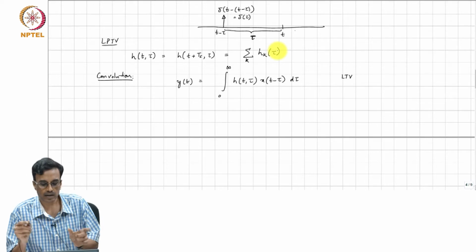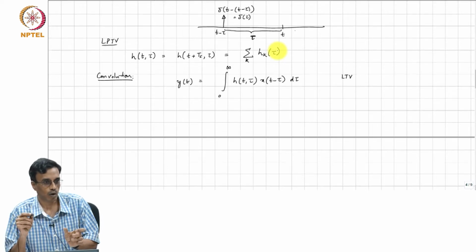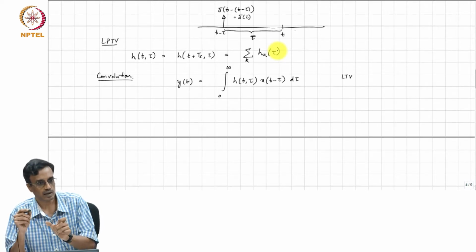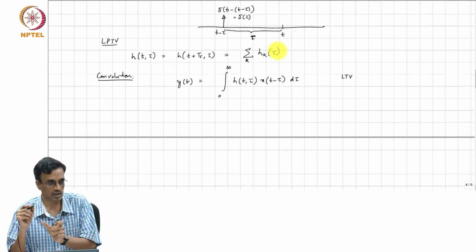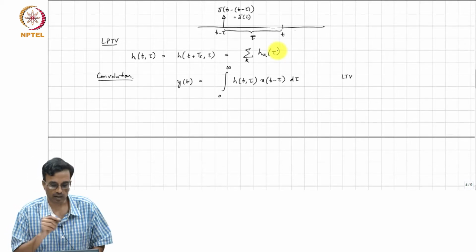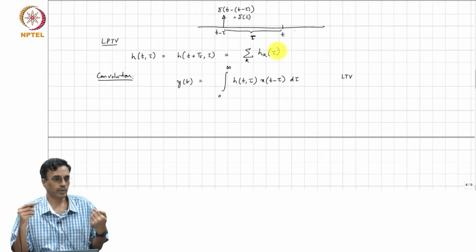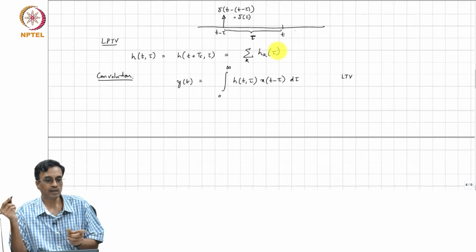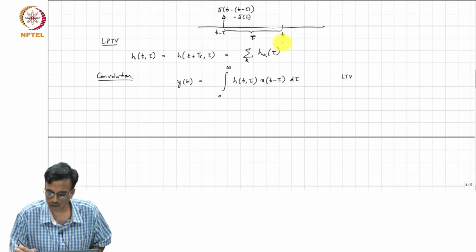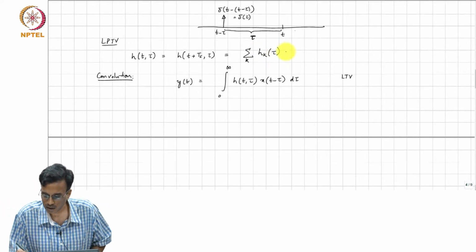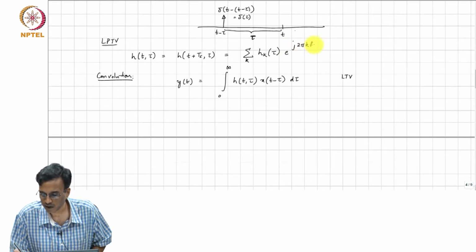You will integrate this over one period of t, because the function is periodic in t. So, when you integrate with respect to t, t will go away. So, what will only remain is tau. So, h sub k of tau e to the j 2 pi times k f s times t,